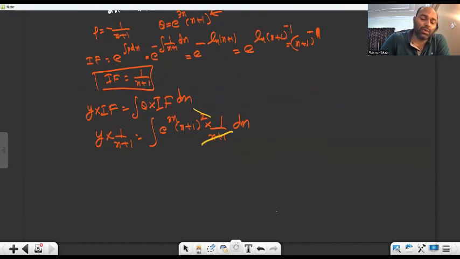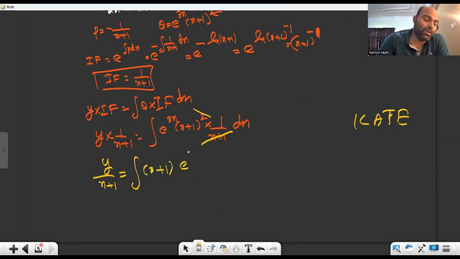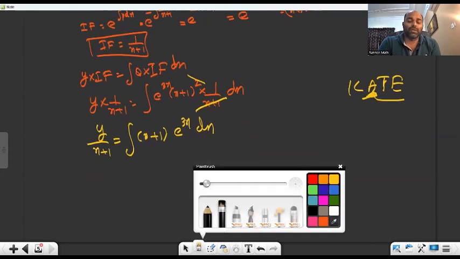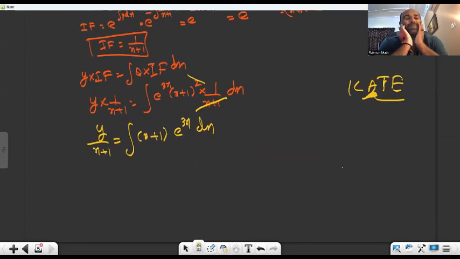So according to the ILATE rule, you can apply. According to the ILATE rule, exponential comes last. So you rearrange it: x plus 1 into e raised to 3x dx. Why? After algebraic, only exponential is coming. So please write: first function into integral of the second,